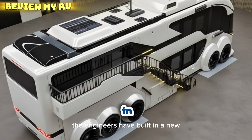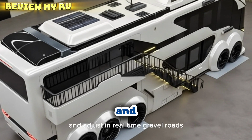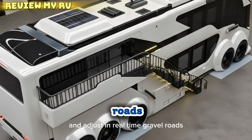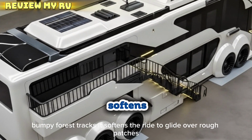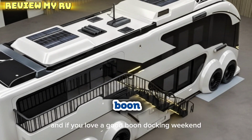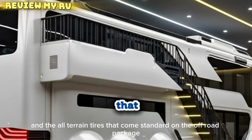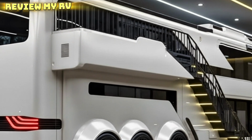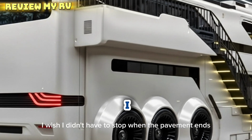The engineers have built in a new adaptive suspension system that can literally sense the surface beneath you and adjust in real time. Gravel roads, it firms up the shocks for better traction. Bumpy forest tracks, it softens the ride to glide over rough patches. And if you love a good boondocking weekend, you'll appreciate the increased ground clearance and the all-terrain tires that come standard on the off-road package. It's like Fiard finally listened to every camper who ever said, "I wish I didn't have to stop when the